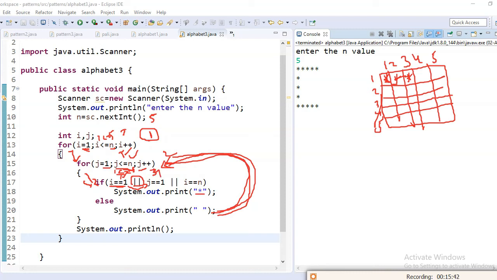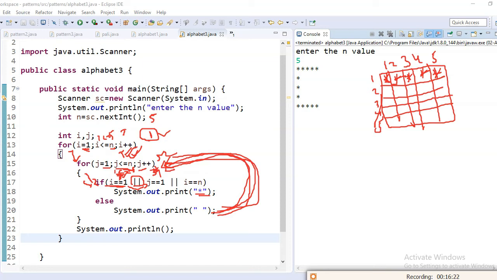Now again it will go to the j value incremented to 4. 4 less than or equal to 5, condition is true. If condition is true, it will go inside the body and check the if condition. Till now i value equal to 1, it has never changed. So i double equal to 1, condition true. The compiler will print star in this position, right? Now again j value incremented to 5. Now 5 less than or equal to 5, condition true. Again i double equal to 1, condition is true, so it will print star. Here star will be printed, right?